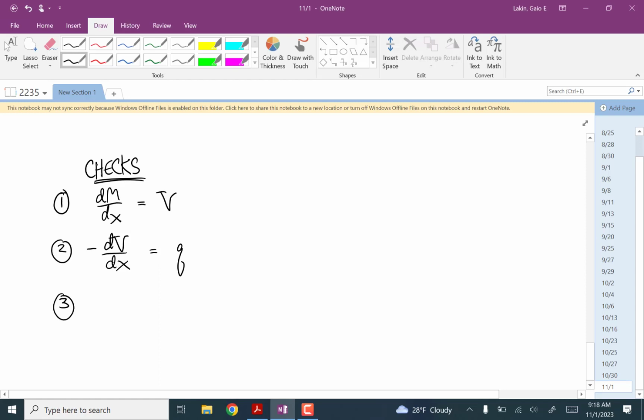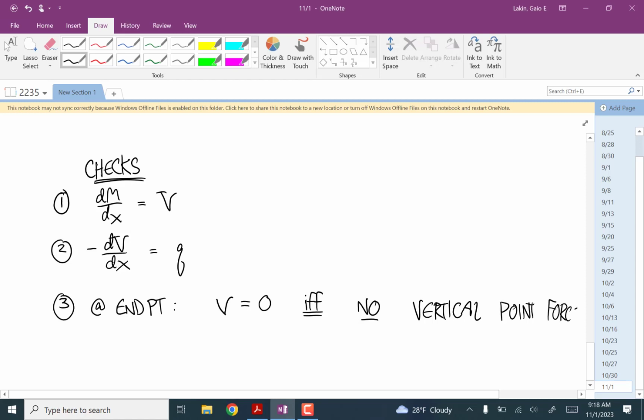And now at the endpoints, at any endpoint, V equals 0 if and only if there's no vertical point force at that endpoint. Okay, that's kind of wordy, but